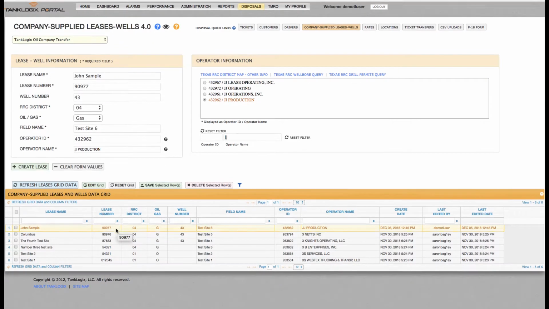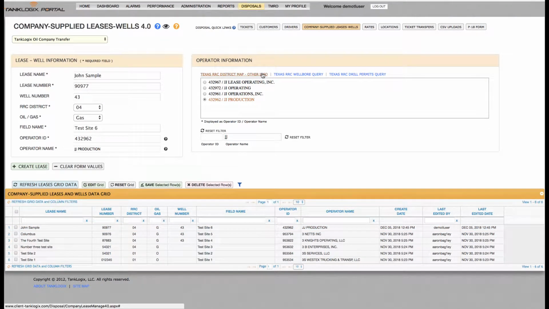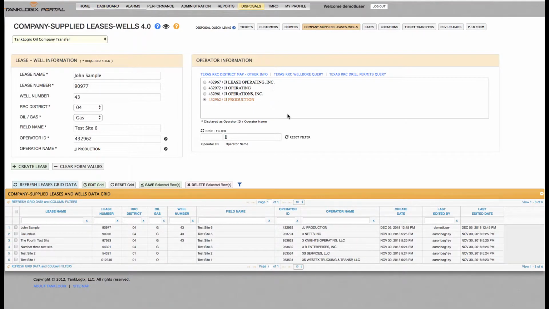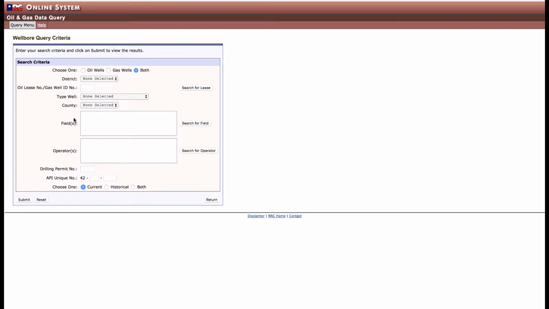Links along the top of the operator panel are information and links to various pages on the Texas RRC website. This first link is a list of the current oil and gas lease districts in Texas. This is the Texas RRC wellbore query, which is updated frequently. This link will allow you to search on the RRC site for any leases or drilling permits that are not